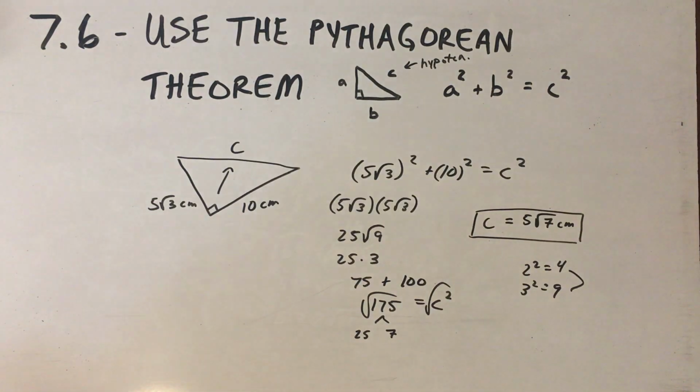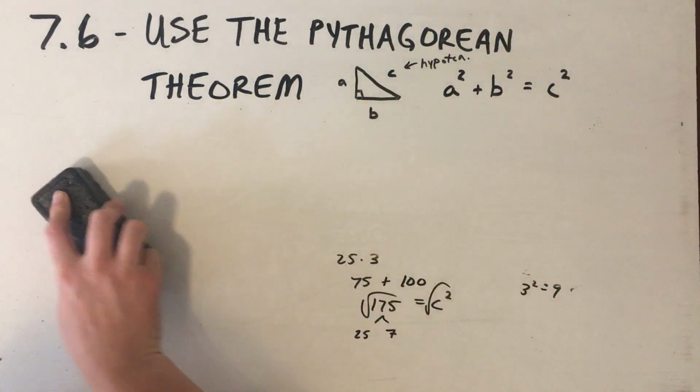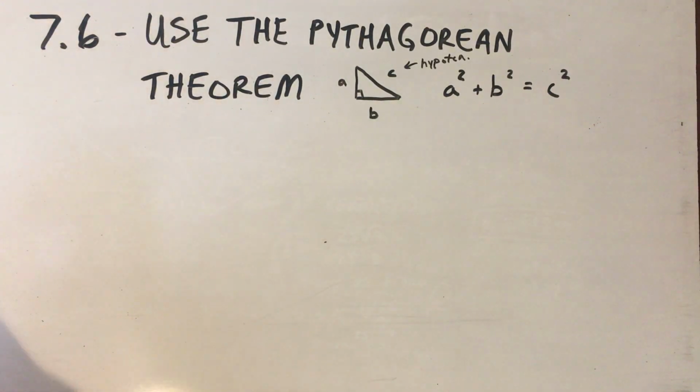All right, the last type of problem that I want to do is an actual story problem from this section using the Pythagorean Theorem. I have seen one of these on the final before, but not often. So let's read this problem. There's a 50-foot supporting wire that's being attached to a 75-foot antenna. Because of surrounding buildings and sidewalks and roadways, the wire must be anchored exactly 20 feet from the base of